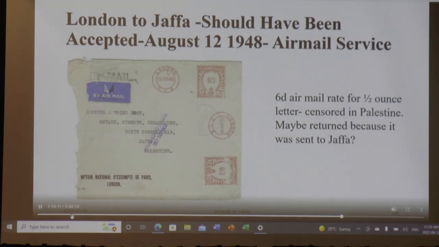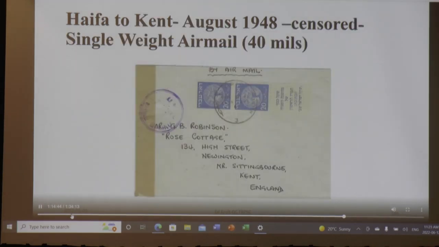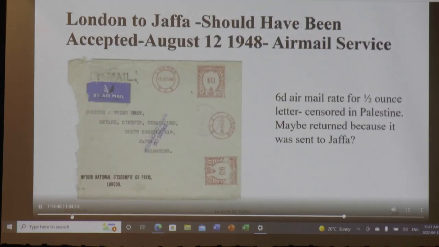And here's mail, interestingly, going from London to Palestine. And remember, postal relations have already started. They started on the 23rd of July. And yet, it says, return to sender, no service. So even the postal services in the UK and in Palestine, as far as Great Britain saw it, weren't sure that mail would get through everywhere. And there was a concern, perhaps, that Jaffa was considered to be an Arab-controlled area, even though it was in fact controlled by Israel since May of 1948.